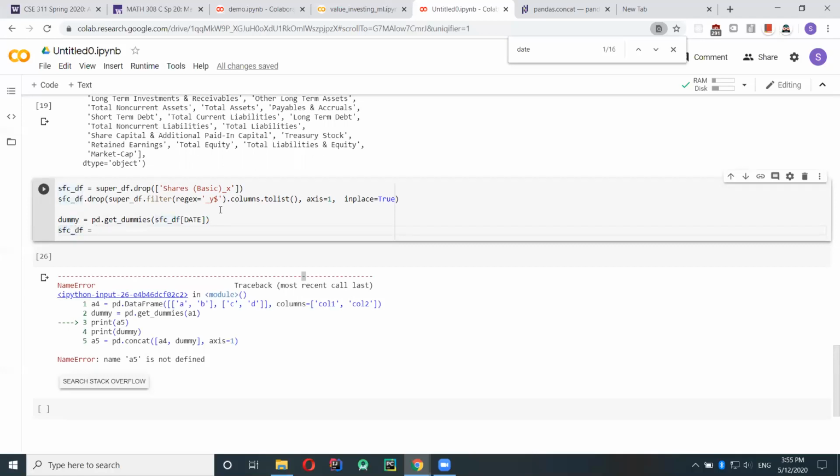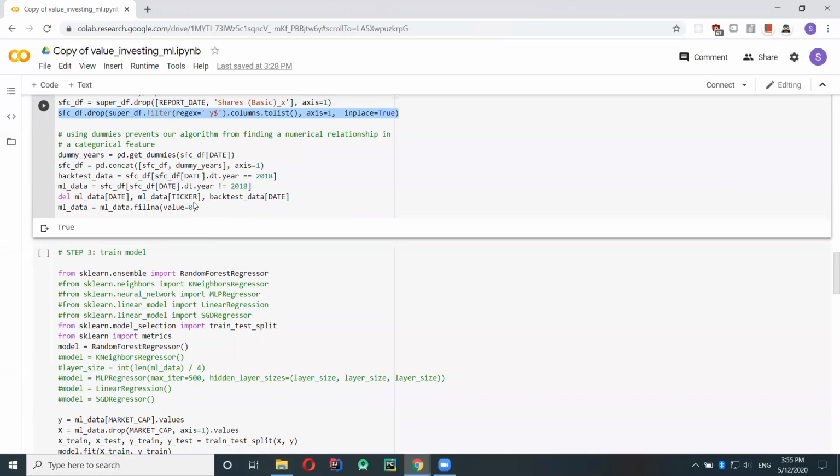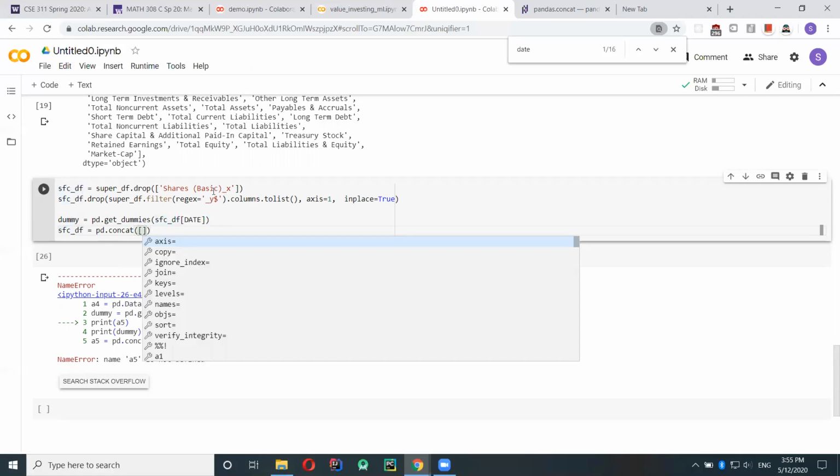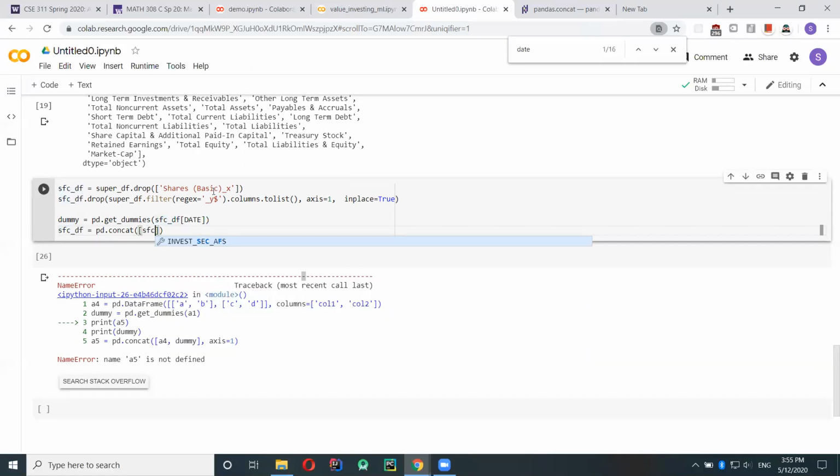Okay, so let's concat the dummy variables onto the data frame, and axis equal 1.